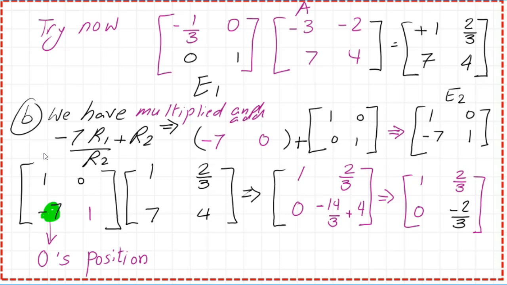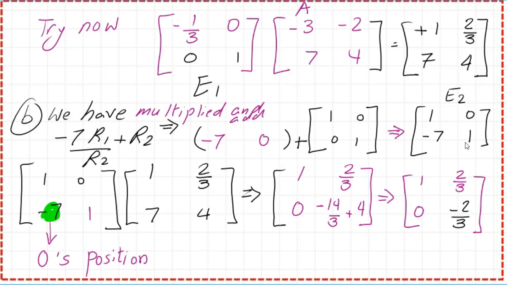Multiplying the first row by -7 and add the result to the second row. We place it in the second row. So what we have done, we have multiplied -7 and 0 to the first row, and then we add to the second row. -7 plus 0 is -7, -7 by 0, and add to 1, it will become 1. There is no change in the first row, so the elementary matrix will become 1, 0, -7, and 1.